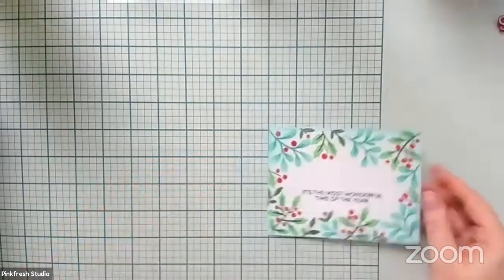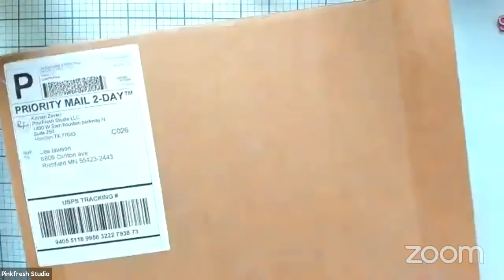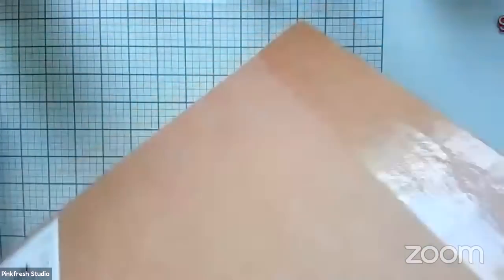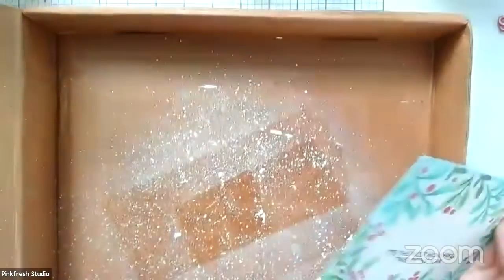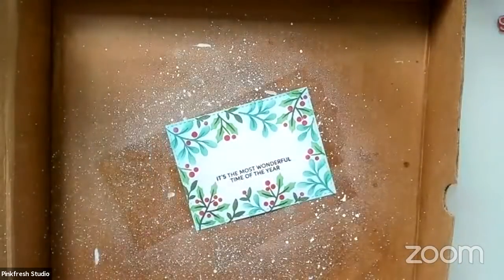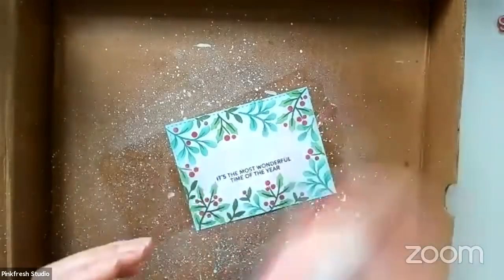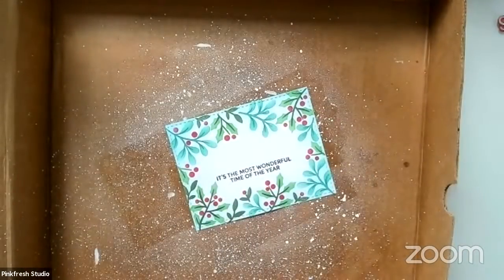So the next thing that we want to do is I am going to splatter this. Pardon this because this always seems to throw my white balance off a little bit. So just bear with me while we do the splattering part. But I have this Amsterdam acrylic, I think it's titanium white acrylic ink, that I am going to